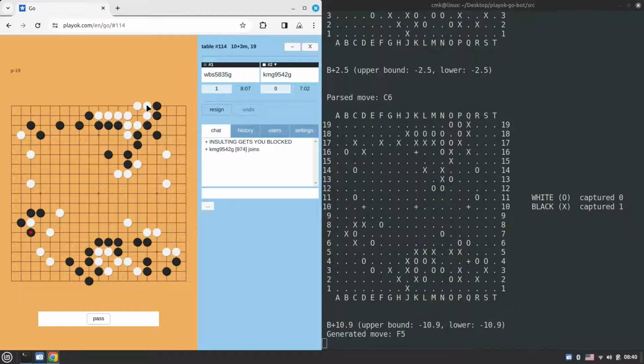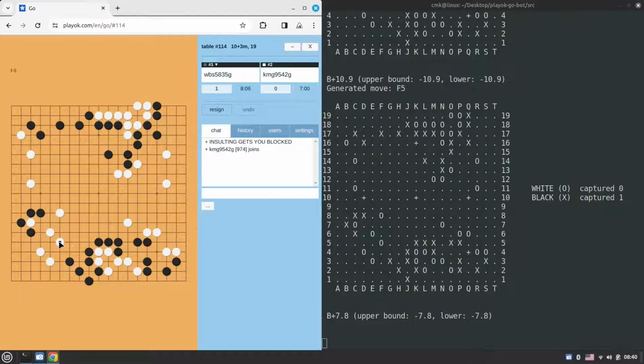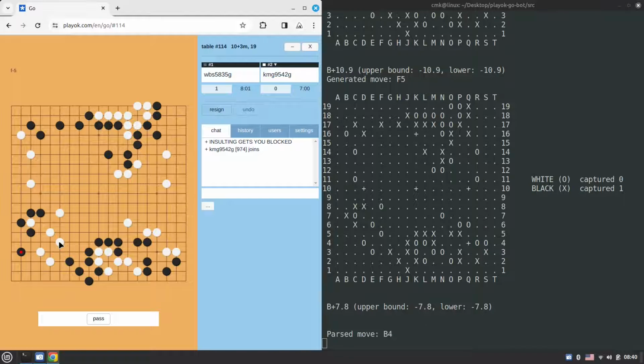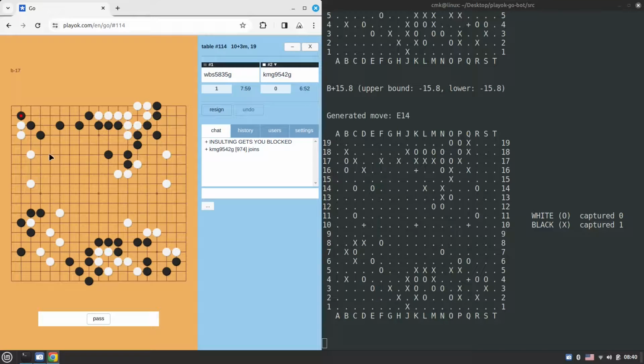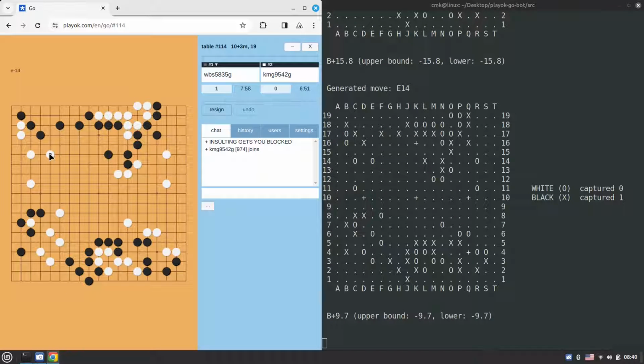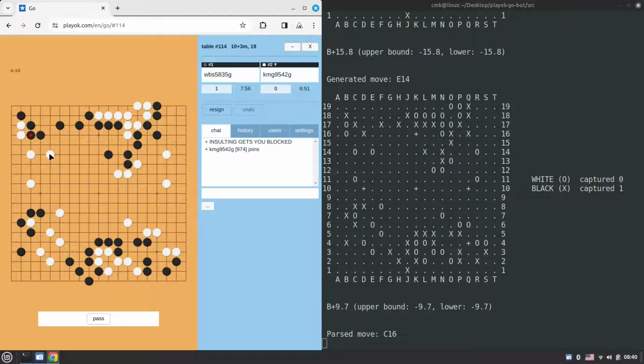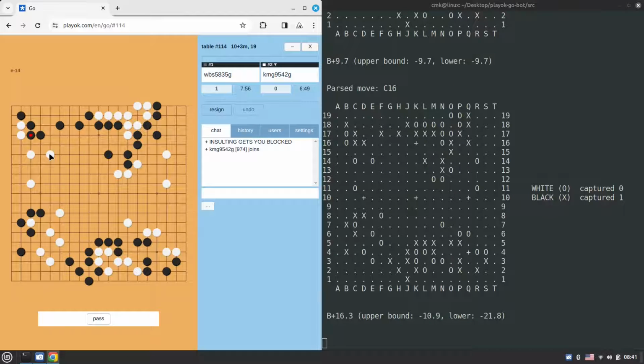But yeah, it just demolished Black's territory a little bit, but might not be that efficient in terms of having its own territory. Yeah, but a big moyo on the right is still on the cards here. So yeah, and also GNU Go is dominating towards the center, and yeah, let's have the evaluation. So plus 15.8, plus 9.7. So now it says, yeah, I'm sorry. Earlier I said that it